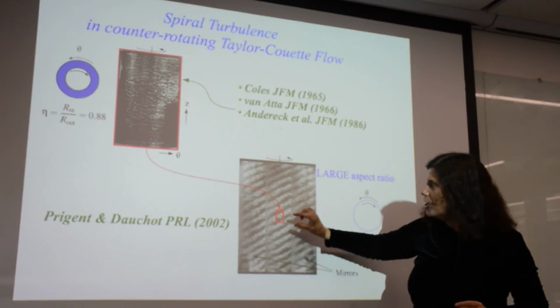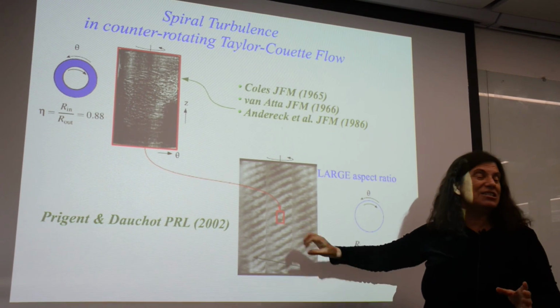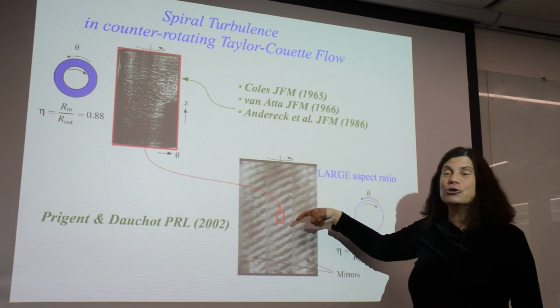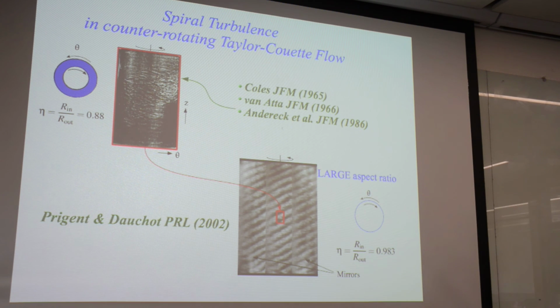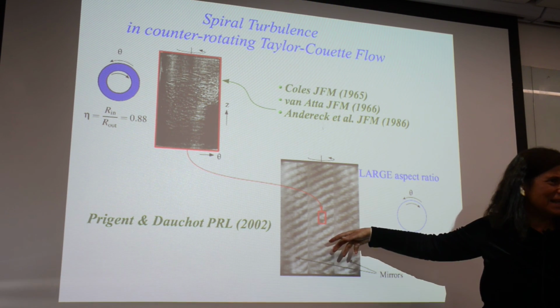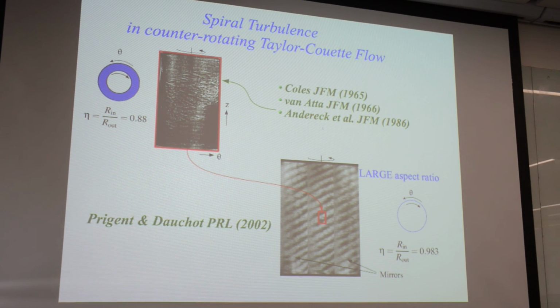Again, this is not the size of the gap. This is 20 times the size of the gap. And this is not flow that goes up and flow that goes down like a regular roll. This is laminar, turbulent, laminar, turbulent, laminar, turbulent. So again, these are the same kind of things that you see in pattern forming systems. But you don't see hot, cold, hot, cold. You see laminar, turbulent, and that is not understood. What does that mean? That you have a patch of laminar and a patch of turbulent, and that it wants to make this angle, and that it wants to make this spacing? Why does it do that? And this we still don't know. We know many things about it, but we still don't really know the answer to that.